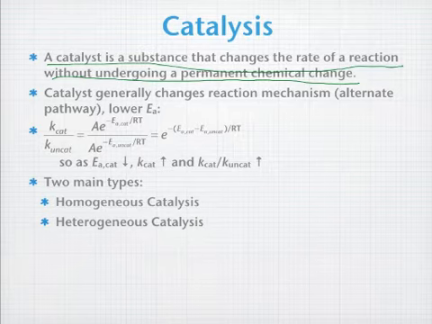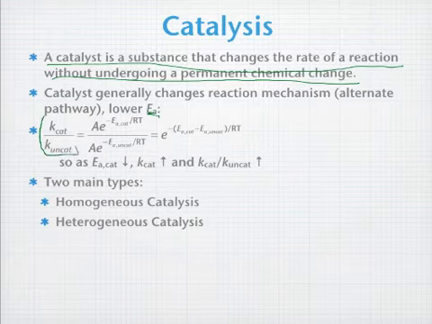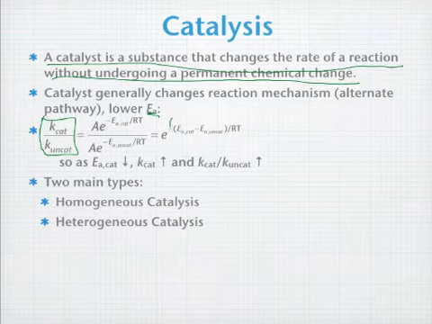One of them is really good at showing that this permanent change doesn't happen, that it does come back in the original form. The way a catalyst works is by generally changing the reaction mechanism, providing, as we call, an alternate pathway, which lowers the activation energy. Now, there's a little math here I'm going to throw at you. You're not responsible for this, but I just wanted to show you that if we take the ratio of the catalyzed rate constant to the uncatalyzed rate constant, what's going to end up happening is that we're going to have in our exponent here